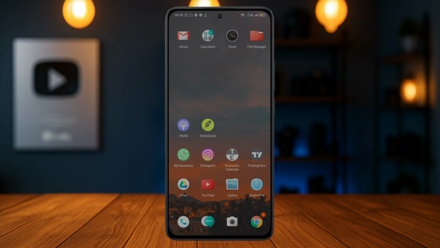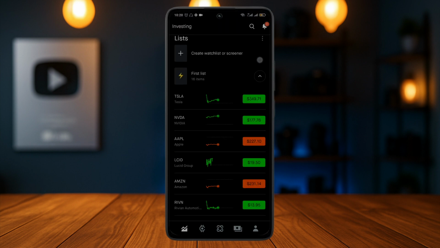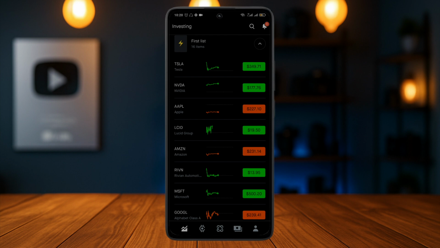In today's video, let me show you how to enable two-factor authentication inside of Robinhood. If you're trying to protect your account from unauthorized access, you can enable two-factor authentication either using text messages or using the Authenticator app. Inside of your Robinhood, in order to enable the 2FA, head over to the person icon